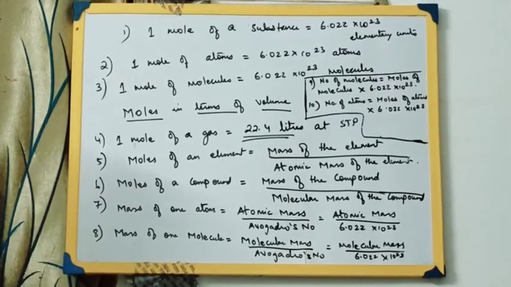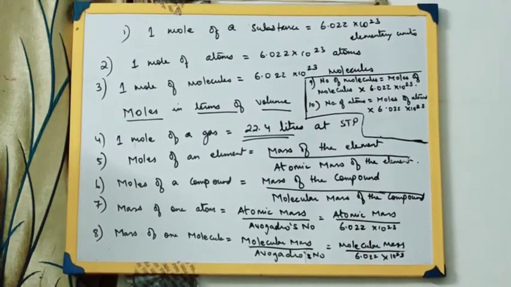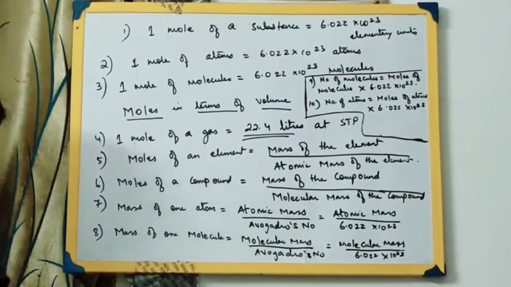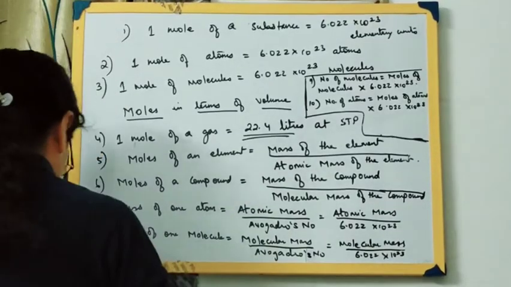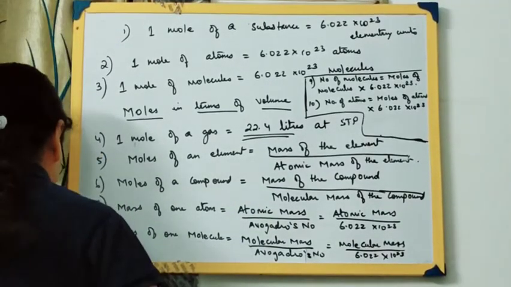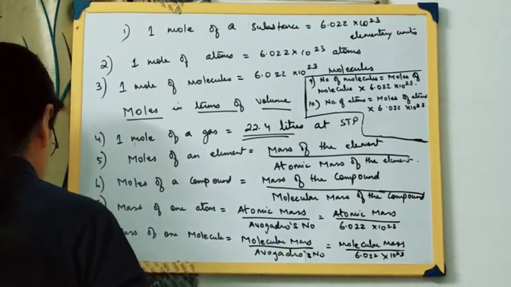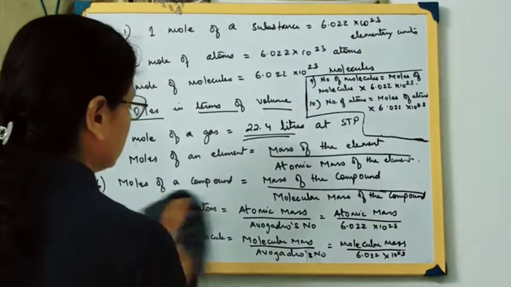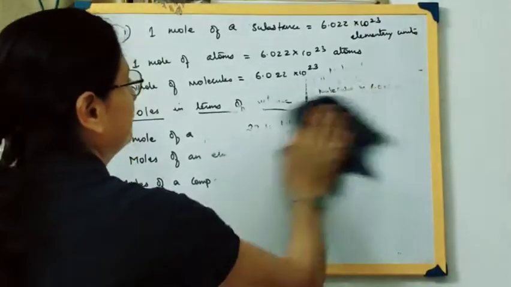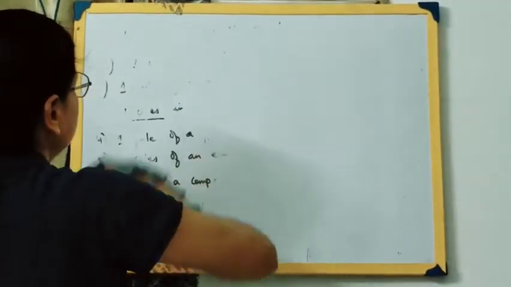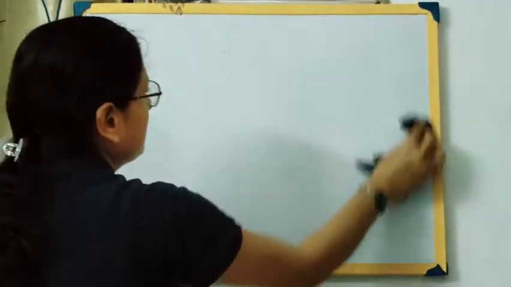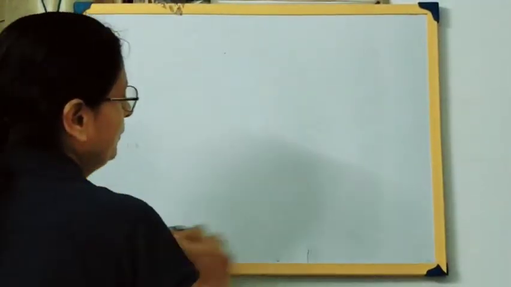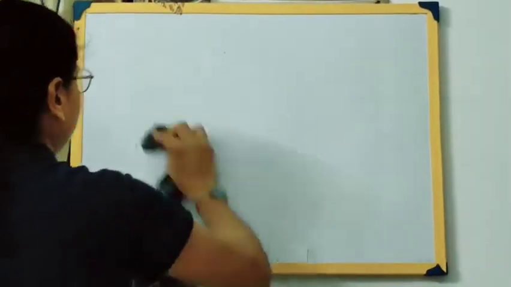Okay. Next we will solve certain numericals based on these formulas. That is, we'll be solving the numericals from our exercise 5B. Those of you who have your book, you can keep your book side by side. Those who do not have your book, I'm writing down the numericals on the board. It's better you take out your Concise Chemistry book, exercise 5B. All those who have your book, keep out your book as well as your classwork copy, you can copy down side by side and refer to your book.